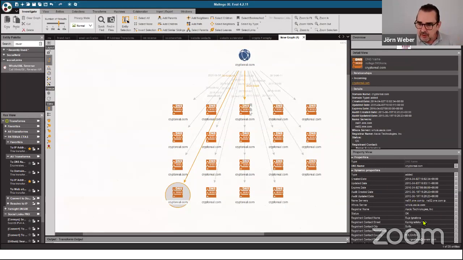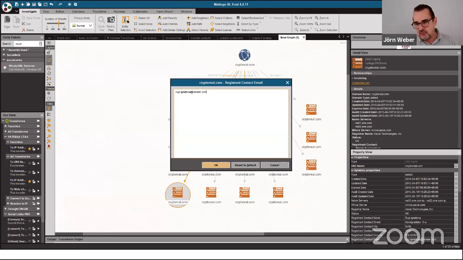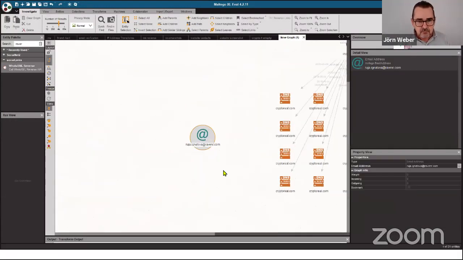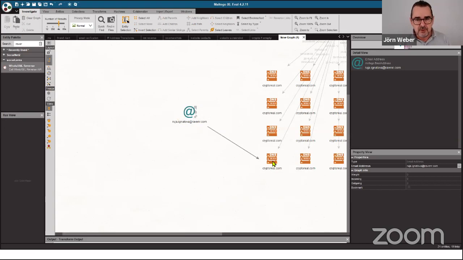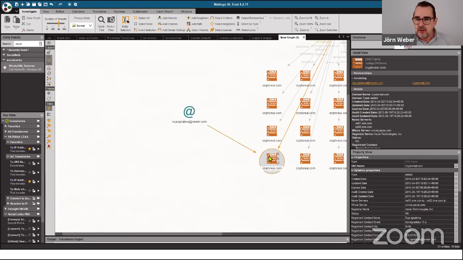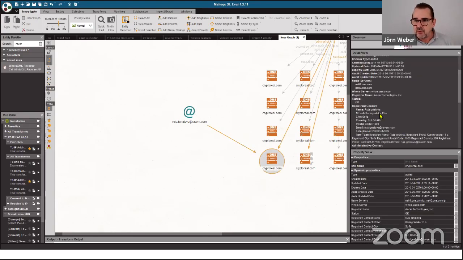You can easily either click here and copy it, or if it's more text that you want to move, you click on these three dots here and copy it from there. Oh, that's an email from whatever domain that is. For example, you paste that in here. What I would then do is connect them and say, okay, here is where this data is coming from. There is some more information: it's her address in Bulgaria, there's a phone number and all those things.